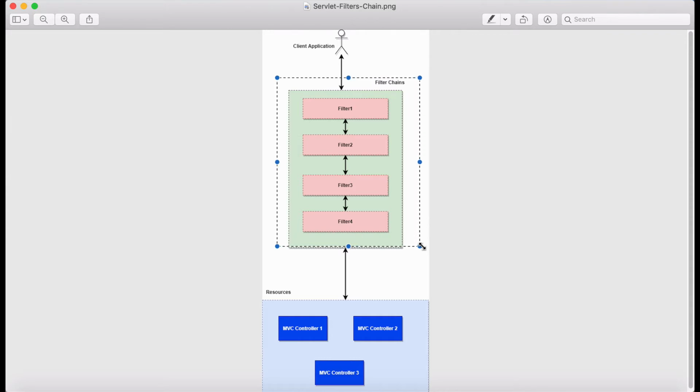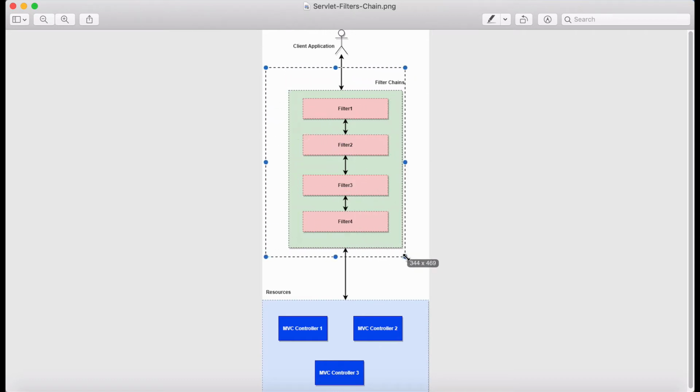Every request will pass through those filters, and if it passes through all of them, then eventually it will go to the resource and execute the required operation. In short, that's the life cycle of any request. Within this life cycle, the Spring Security filters will fit into the section which talks about the filter chain.